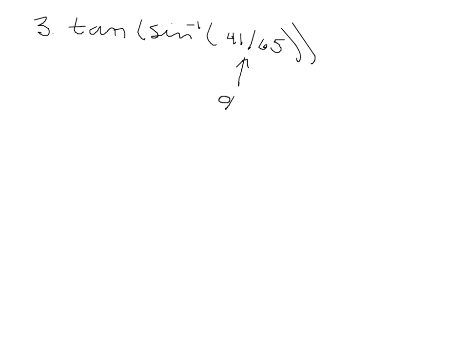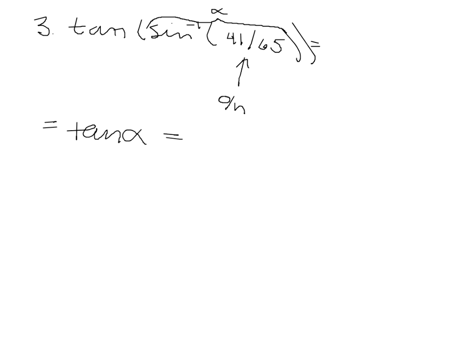So I'm going to write this. We don't have enough room with what I wrote on there. So this is tangent of inverse sine of 41 over 65. Okay, so again, what goes into an inverse sine function is opposite over hypotenuse. And what comes out is an angle. So we can rewrite this